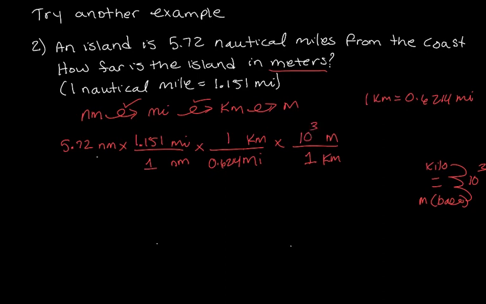Notice, the nautical miles cancel out, the miles cancel out, and the kilometers cancel out, and we're left with our desired unit, which is what we want our answer in. And that is why it's so convenient to use dimensional analysis for multi-step problems without being confused with all the conversion factors. So we go ahead and we plug this into our calculator, and we end up with